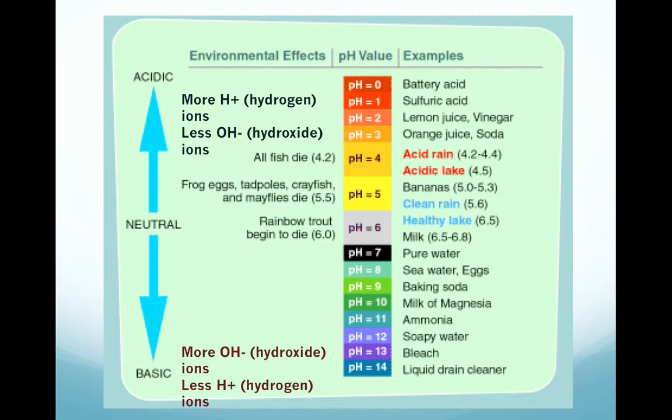So what we've got here is a pH scale that will measure a substance's relative acidity or basicity. That's also called alkalinity sometimes. But the lower the number, the more acidic the substance. So if it's more acidic, it's going to have a greater concentration of hydrogen ions. The higher the number, the more basic or alkaline the substance is. So if it's a higher number, there's a greater concentration of hydroxide ions. A pH of 7 is considered neutral. So a pH of 7 is the pH of pure